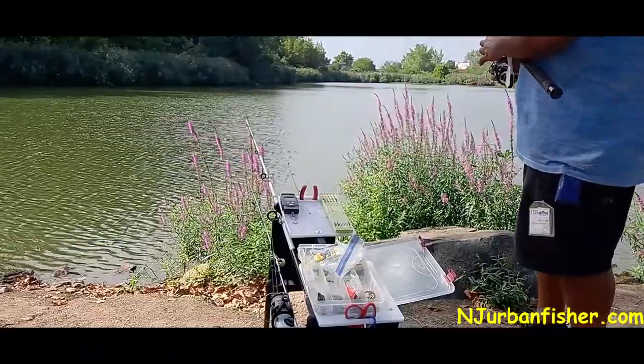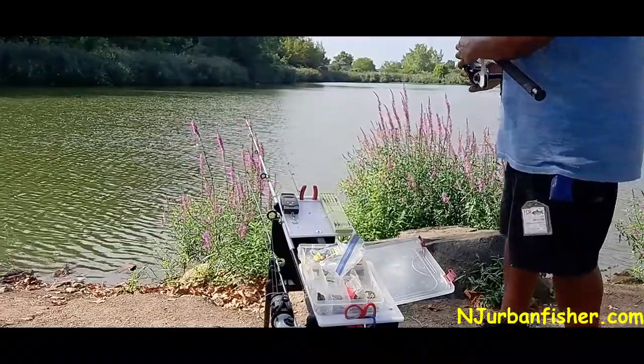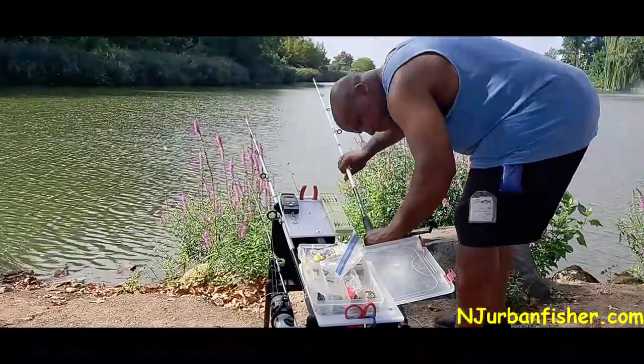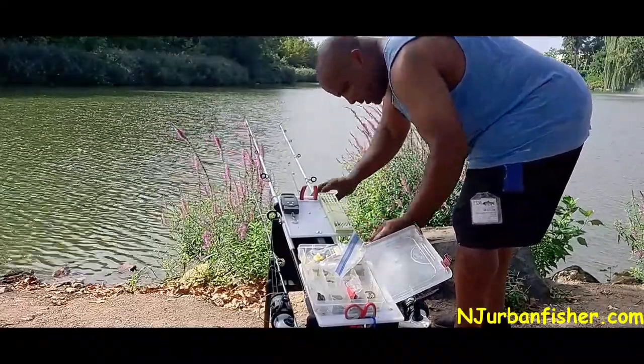Loosening up the drag. Again, the difference of